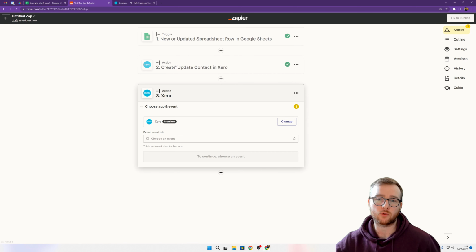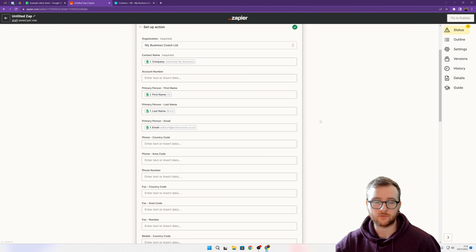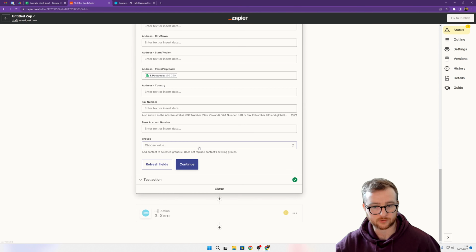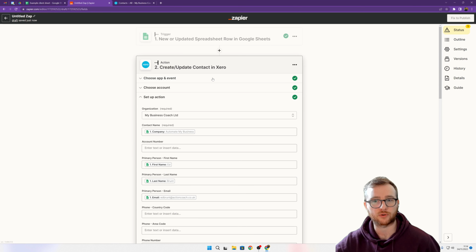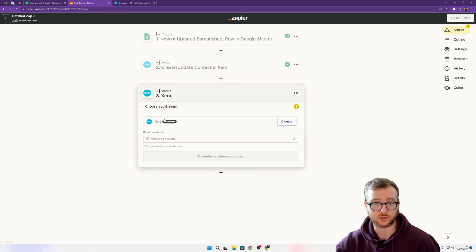The reason why I would create a contact first is because the invoice option doesn't give you all of the stuff like address and all these other fields that you can fill in as part of their contact setup. So if you want to set up a contact more thoroughly and in more depth, I'd use this and then use the create a sales invoice afterwards. If all you're looking for in your contact is the name of the person and their email, then you could skip this part out and go straight to